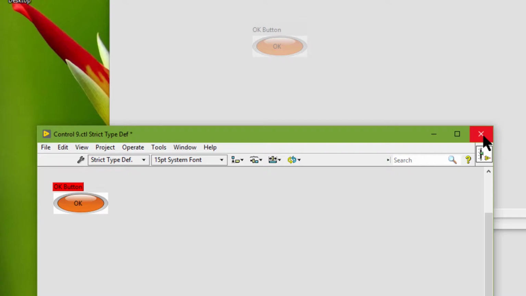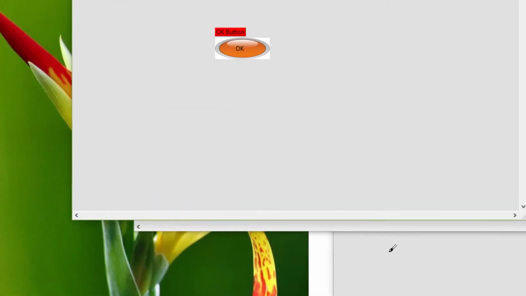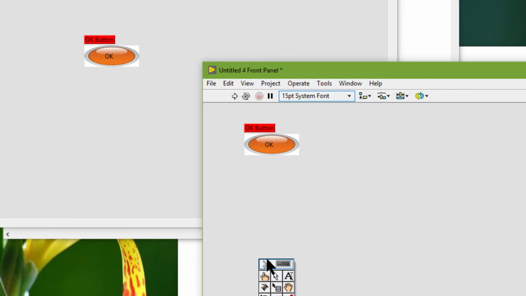And so if we save it, then you must have seen that these changes have already gone into the two instances that were linked to the